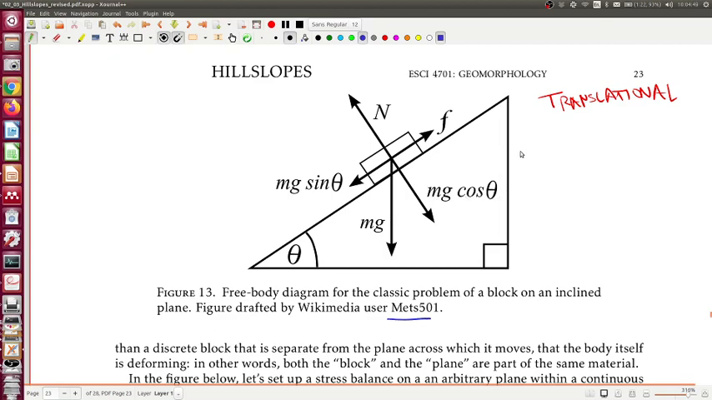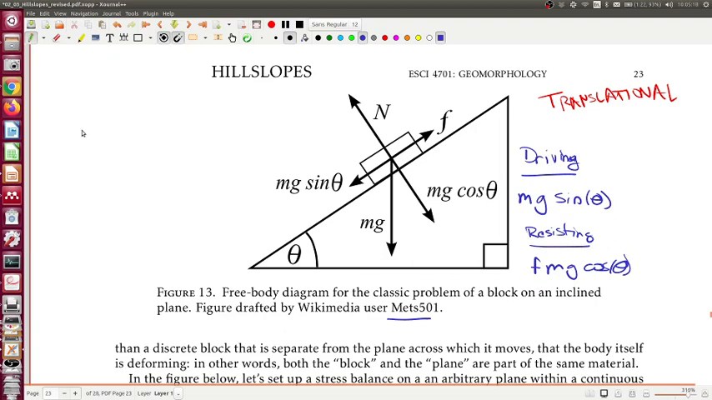And so what we have is a simple set of equations where we just have to balance the driving and resisting forces. So driving is going to be mg sine theta. Resisting is going to be this coefficient of friction times mg cos theta. And from this, we can see that at incipient failure,